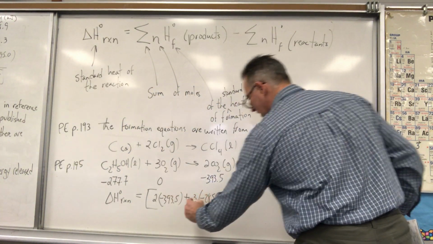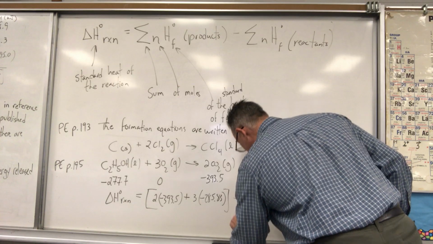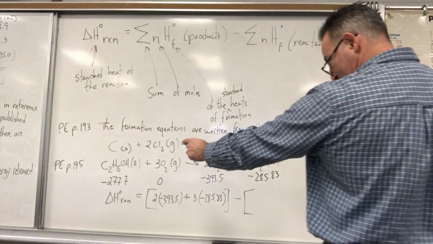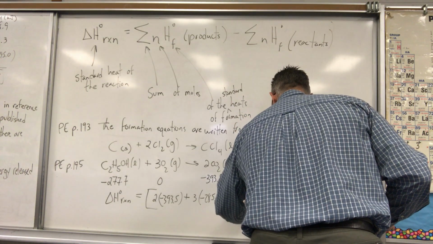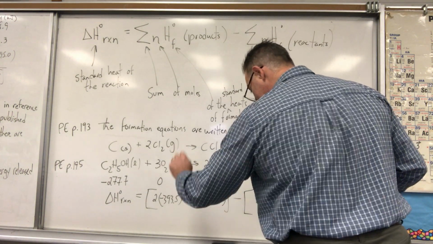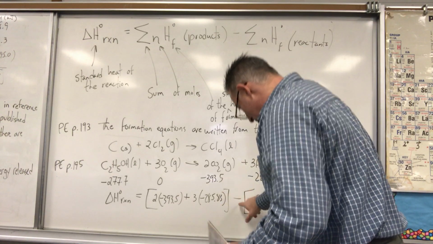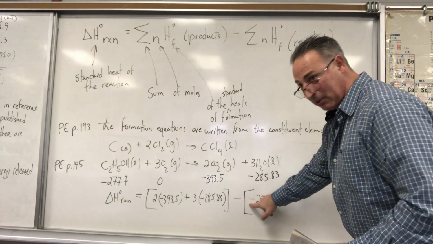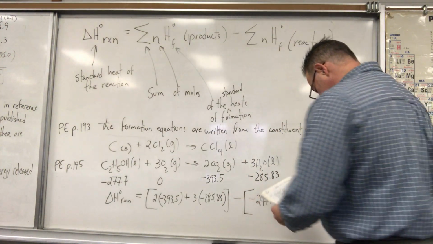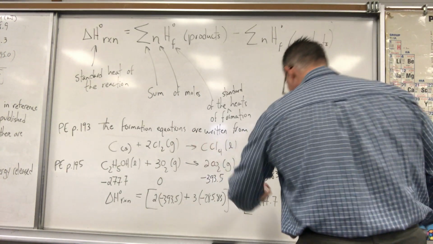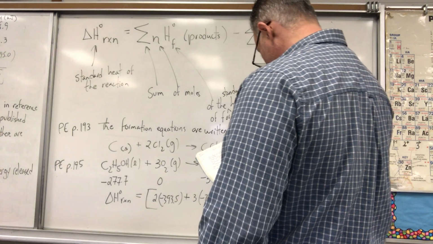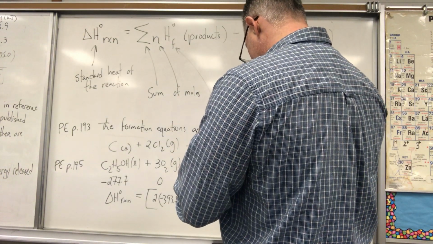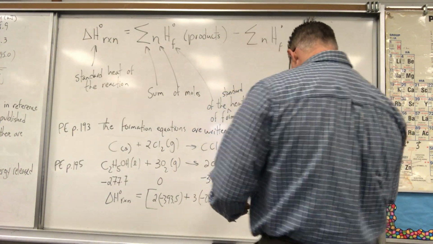Products, here's the product side, and now the reactants, I'm going to make another big square bracket, and it's just ethanol, which is negative 277.7. Don't forget to put the negative sign, because it's product minus reactant. So you see that's a double negative, that's going to turn it into plus. And then the oxygen is 0. You can write the 0 in if you like, but it doesn't change anything. What you get at the end, when you add everything up, is